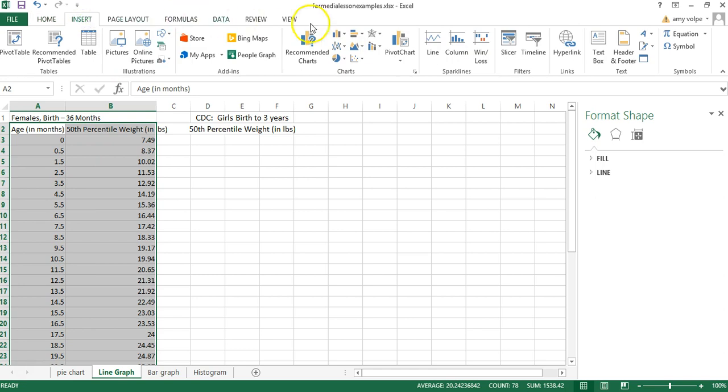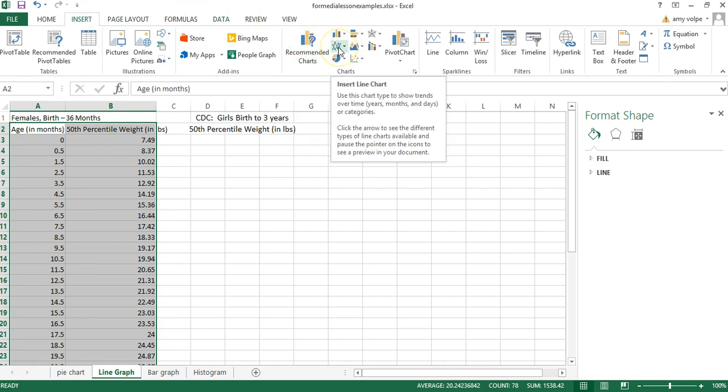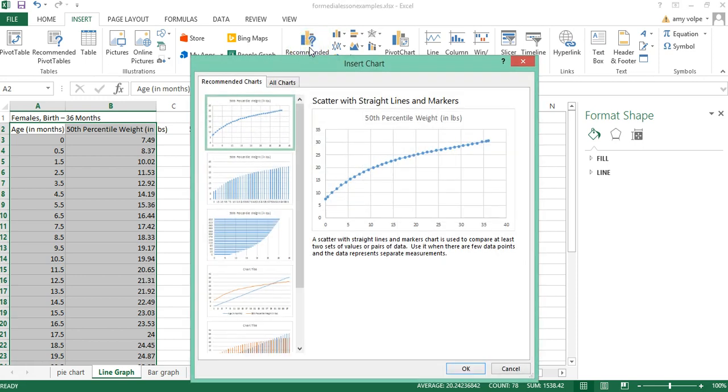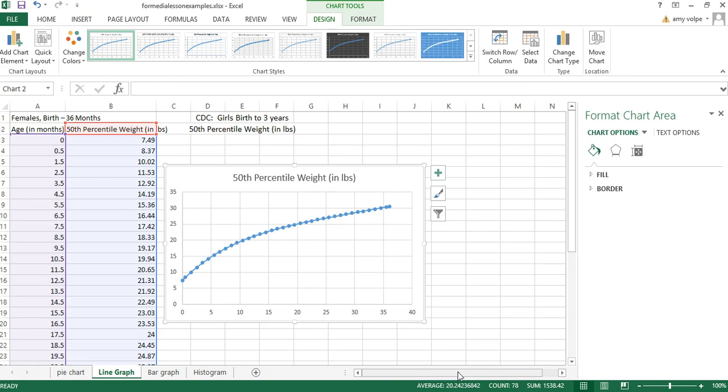So I'm going to go to Insert. This is line graphs, I think, in here, but I'm going to go to Recommended Charts. Okay, and looking at all of these, the first one is the one I want. So it's a scatter with straight lines and markers. So basically that means it's plotting the data points, and then so 7.49 pounds is right here, and then it's connecting consecutive lines with a dot. Okay, so the ones we saw when we studied data and graphs had less dots. Okay, so this one almost looks smooth. But that's just because we have extra data, and that's actually good because we have more information. So I click OK,